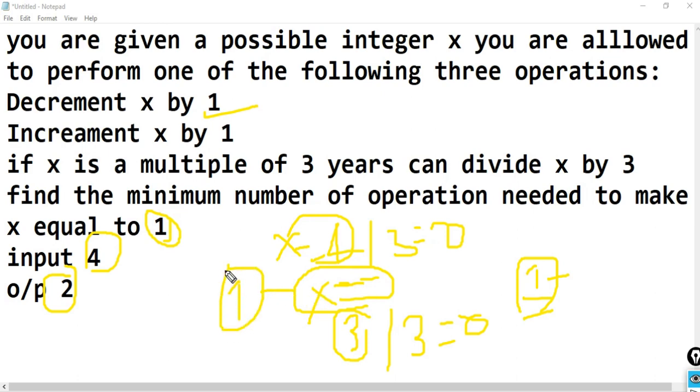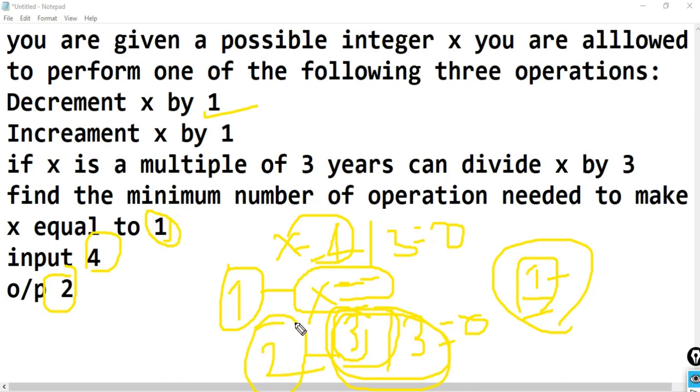Then we divide by 3, because we have to convert the value of x from 4 into 1, and 3 is a multiple of 3. So we divide and get quotient 1 and remainder 0. That is another operation, so in total we take two operations. That's why for input 4, the output is 2. I hope you understand how the input and output come.